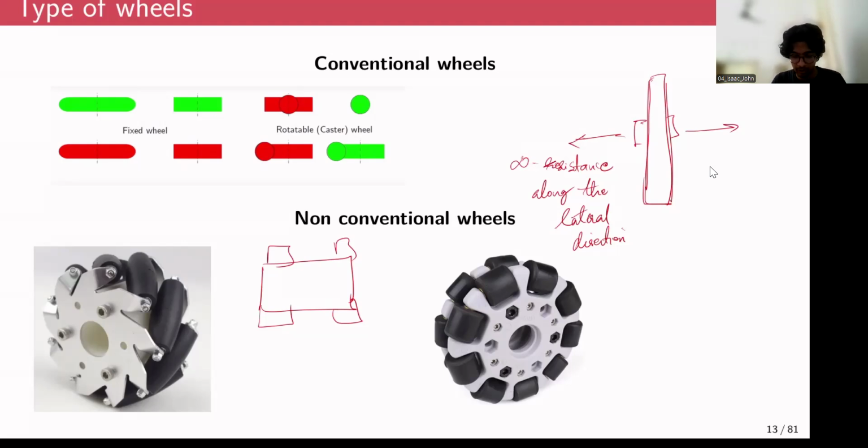But the wheels you see to your left and right are sort of unconventional wheels. They have passive rollers attached to their periphery. So that essentially enables them